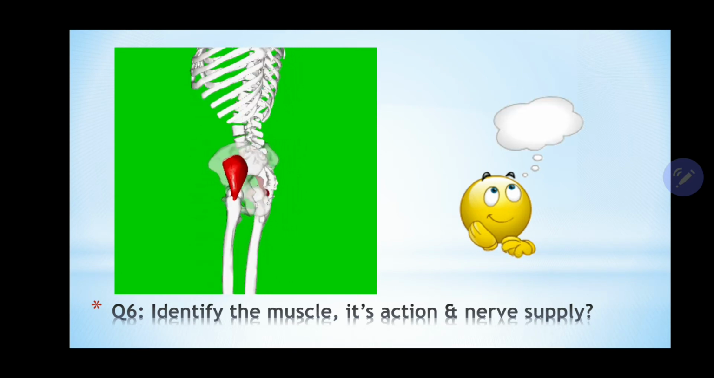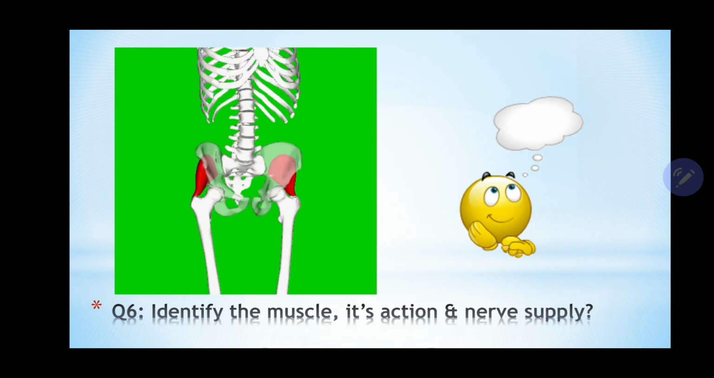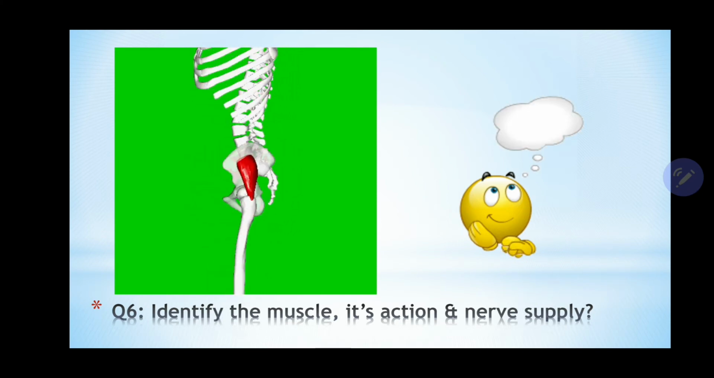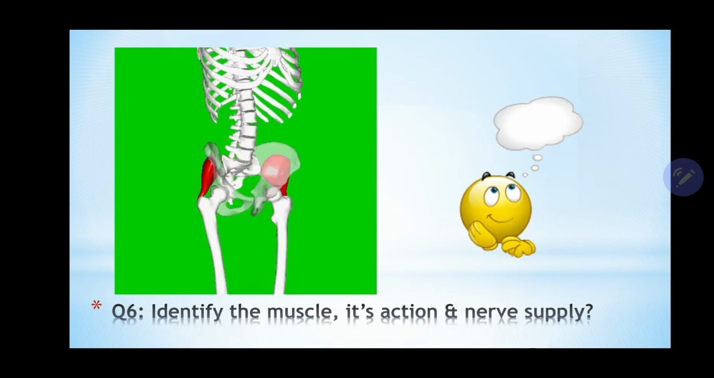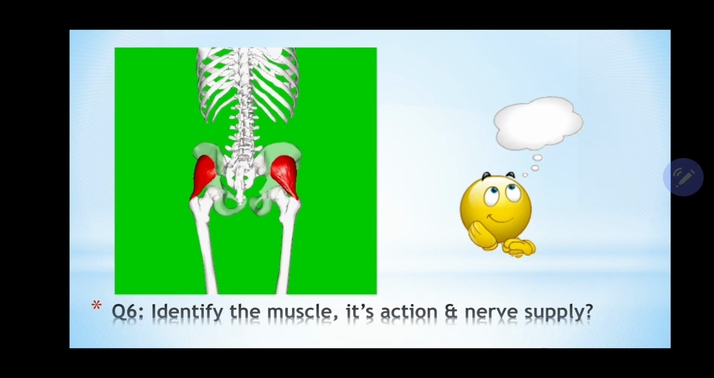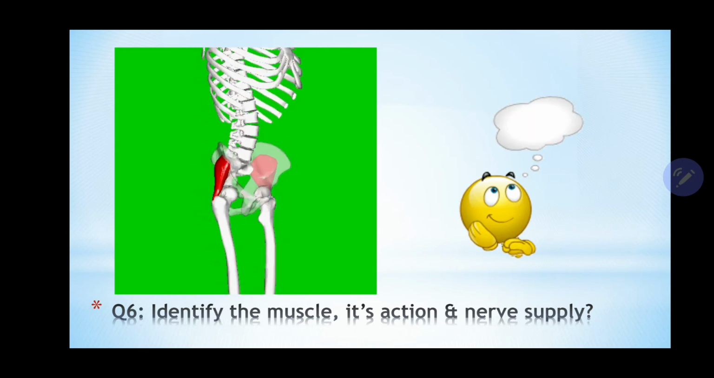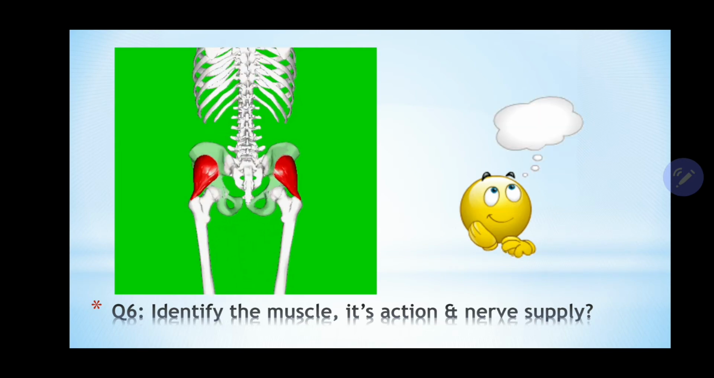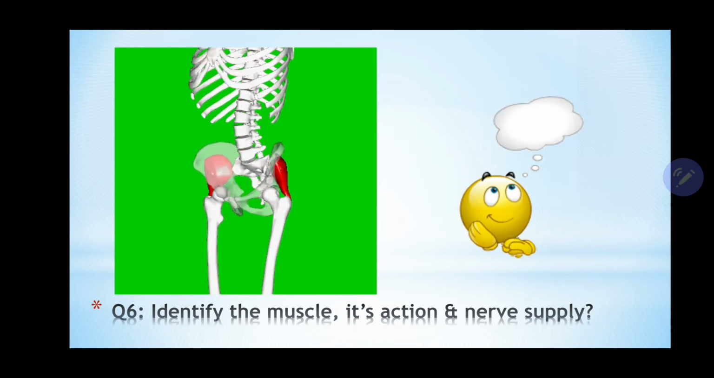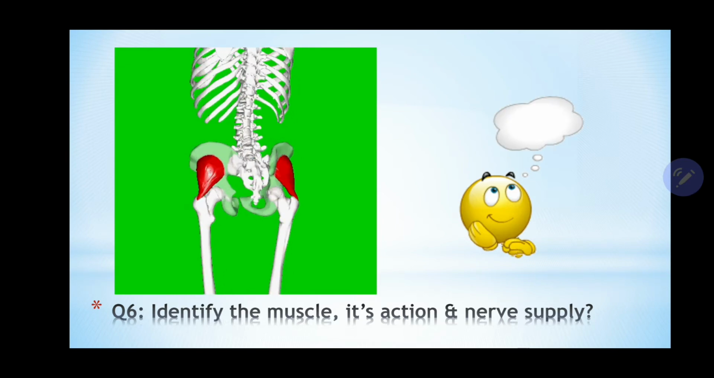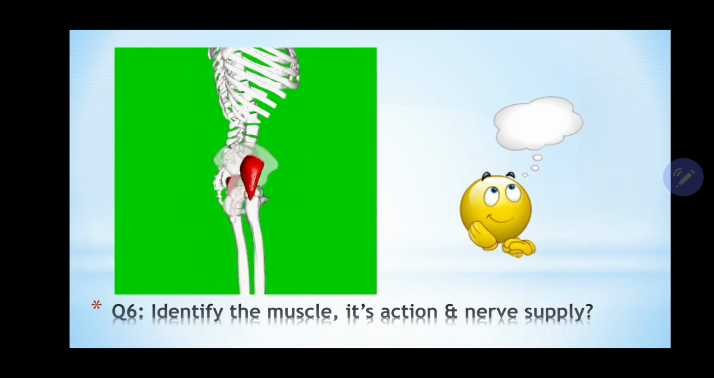Now another action will be the same, that it is also a medial rotator of the thigh, and a secondary action will also be helping in flexion of the thigh. Okay, and the nerve supply is the superior gluteal nerve. Superior gluteal nerve is L4 L5 S1 dorsal division. Okay,